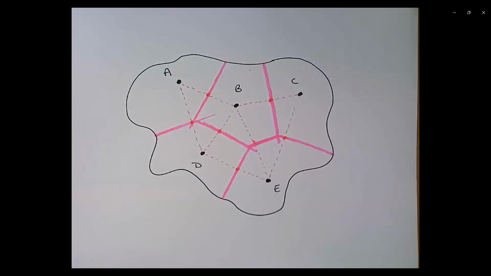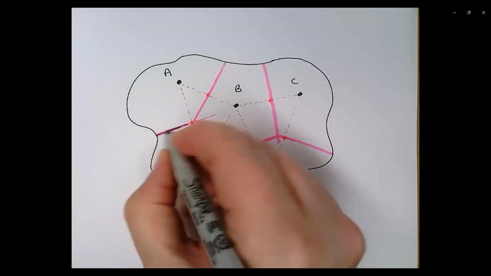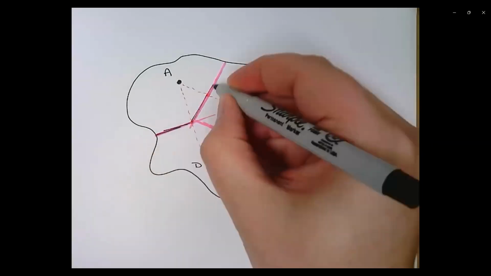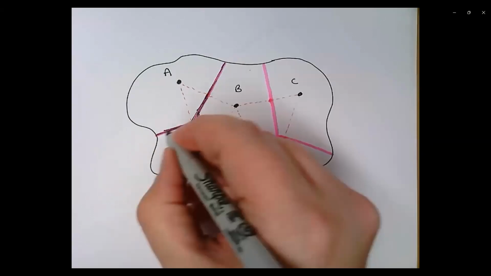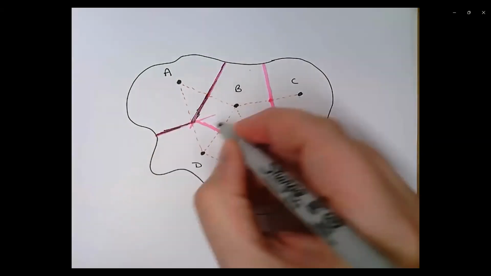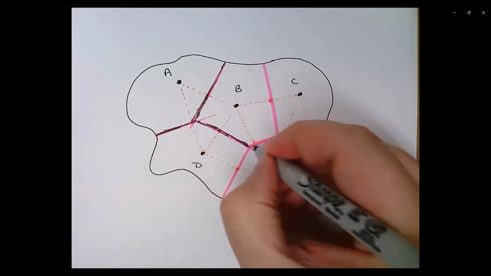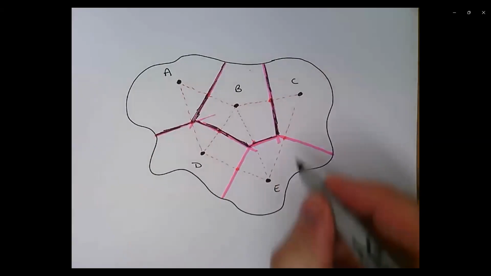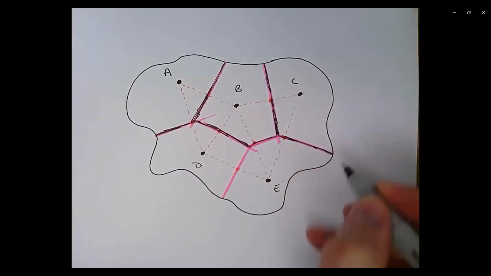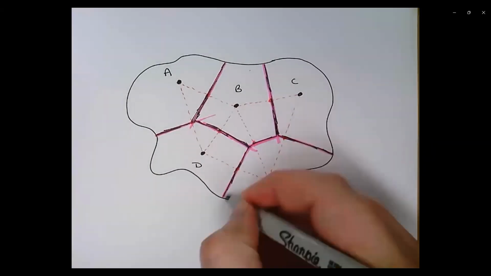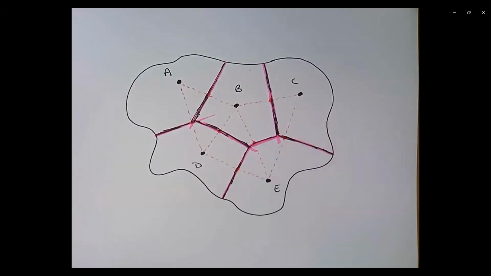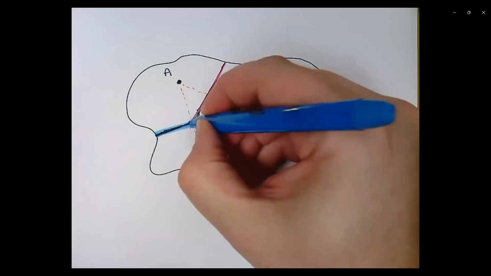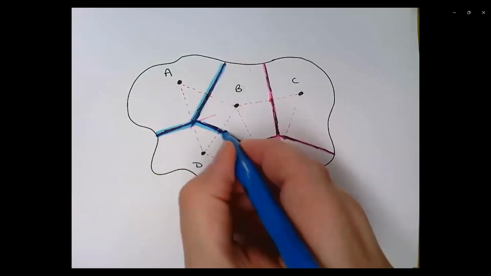So now I can break this into 5 regions. This region up here in the top left corner of the diagram will be A. B is this pentagon-y shaped region. C, the part over here on the top right. D on the bottom left, and E on the bottom right. And again, if you want me to make it a little bit more clear, I'll just go over it in blue.